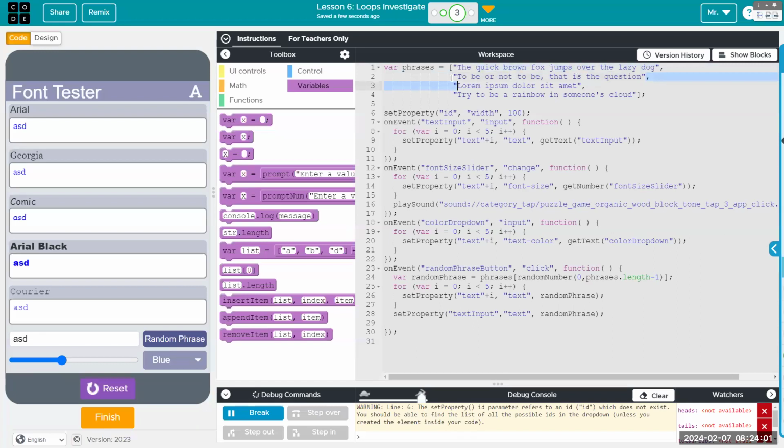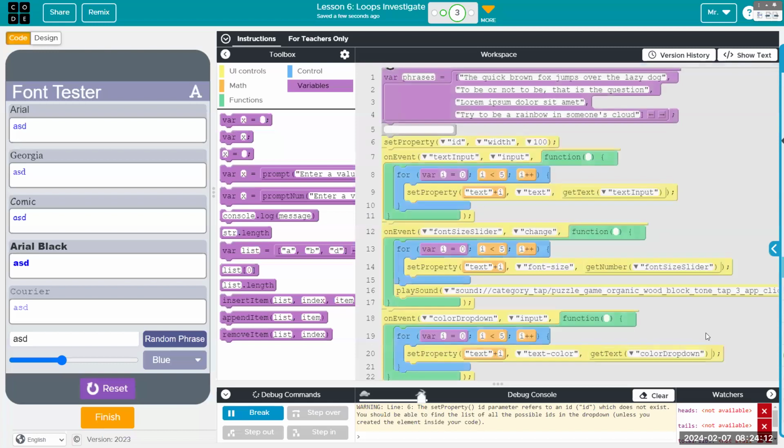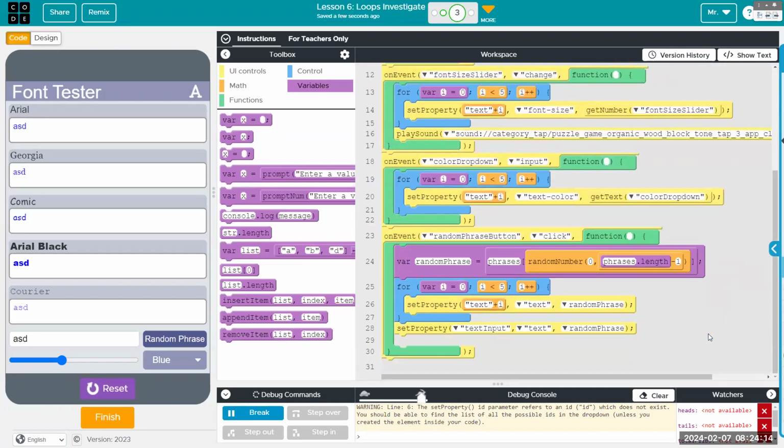Usually we've just used strings as a single word, but here a string is any stretch of characters, taken literally. So the random phrase is just like we've done before, where we've picked a word at random, or string at random, from a list. This variable is actually picking out the element.